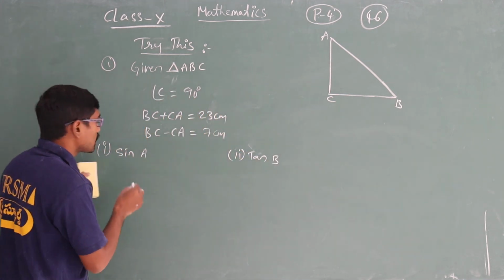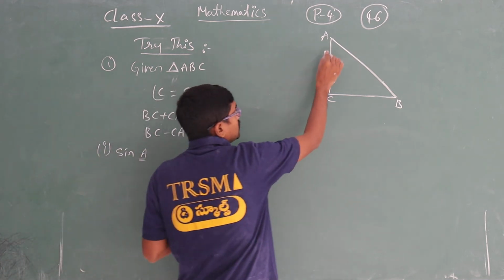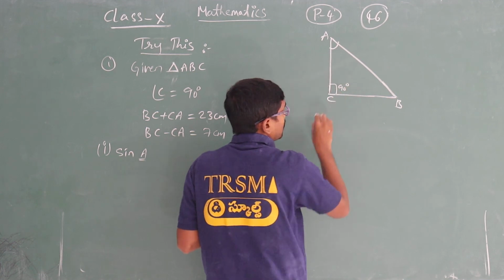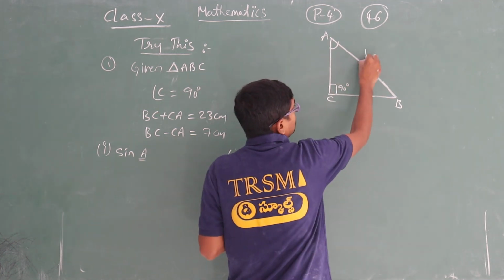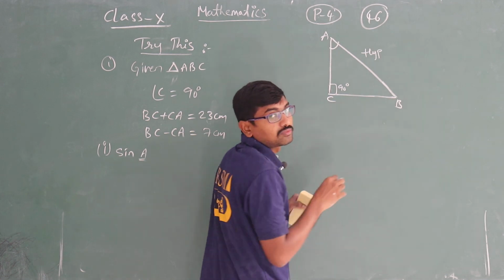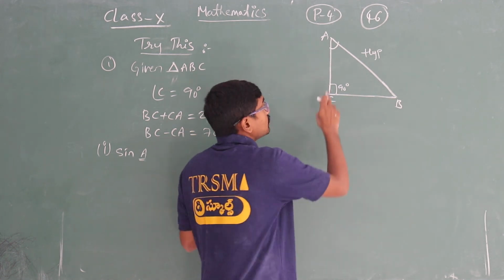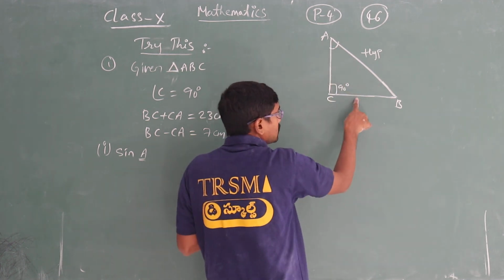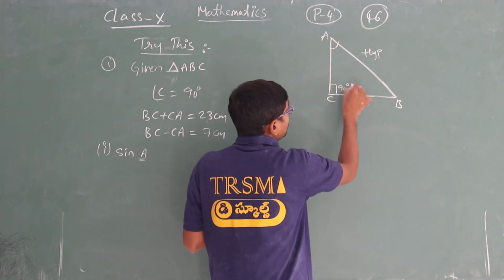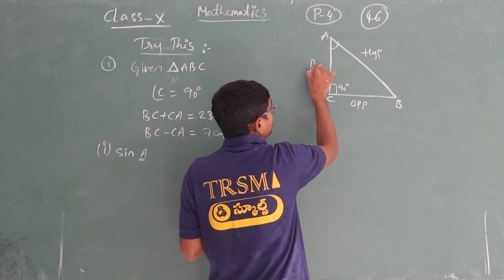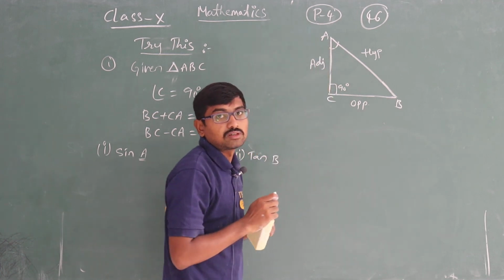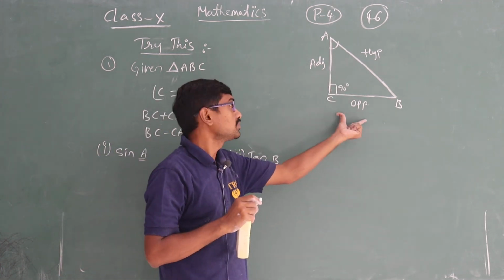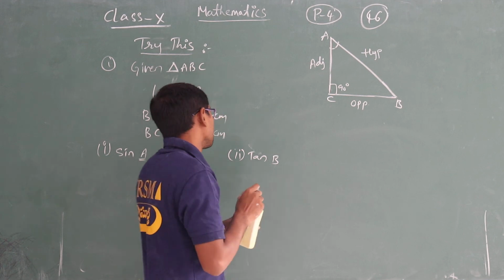So first we have to take the acute angle, where? At A. So here we are taking the acute angle first. So this is the 90 degree right angle. Opposite to this is the hypotenuse side. Then opposite to this acute angle is the opposite side, and adjacent to this acute angle, here it is adjacent. So hypotenuse, opposite and adjacent sides we have got here.